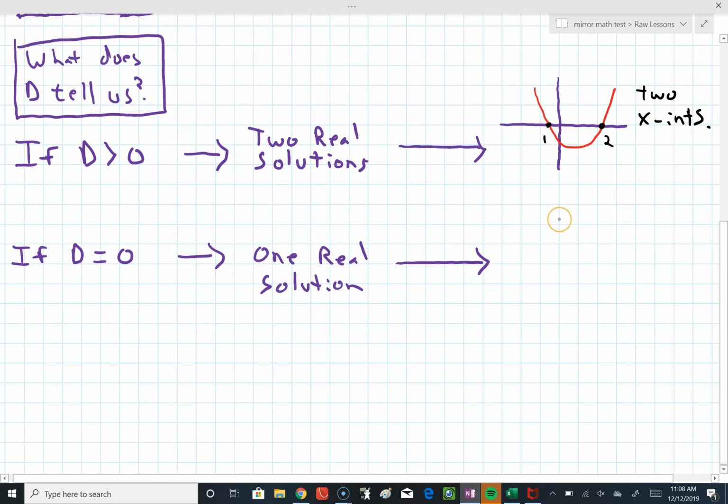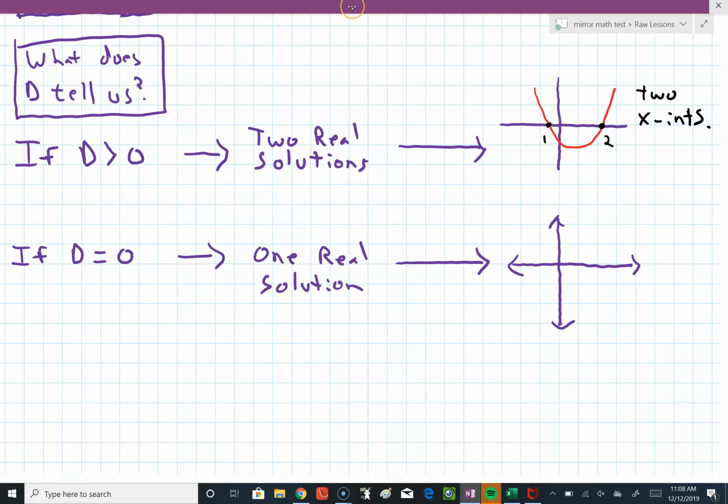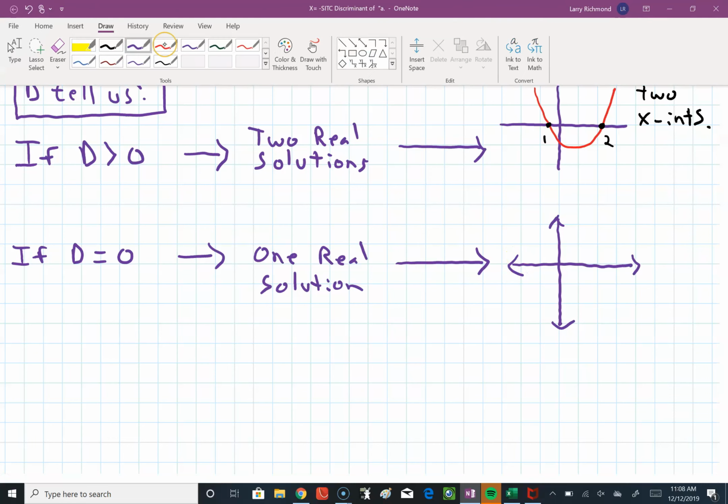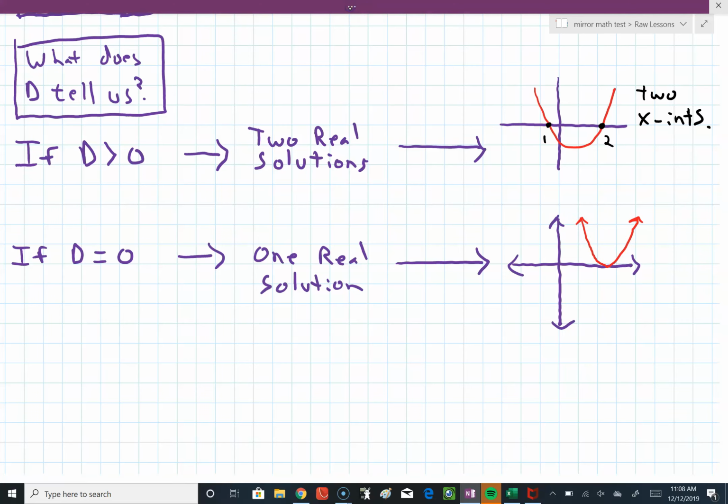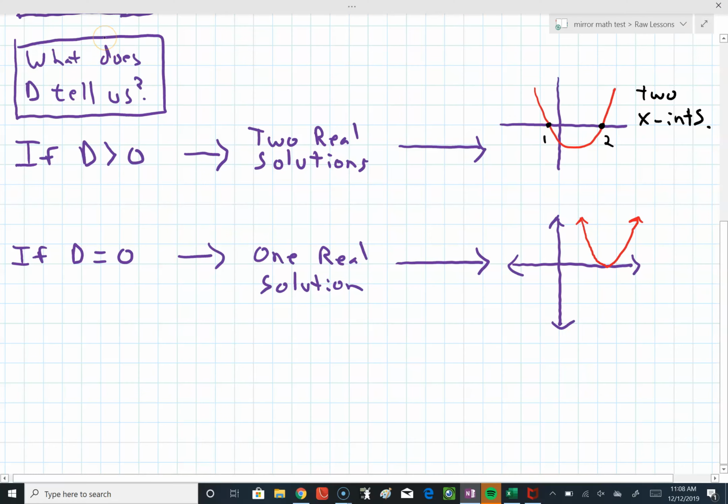Graphically, that will be one x-intercept, a parabola with vertex on the x-axis. One